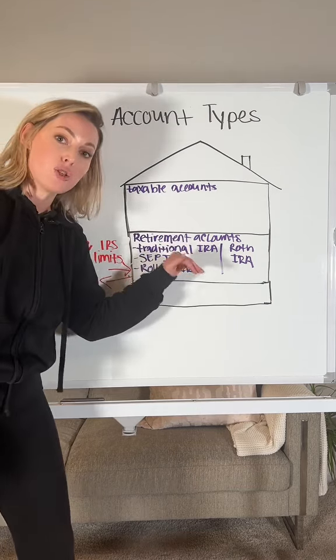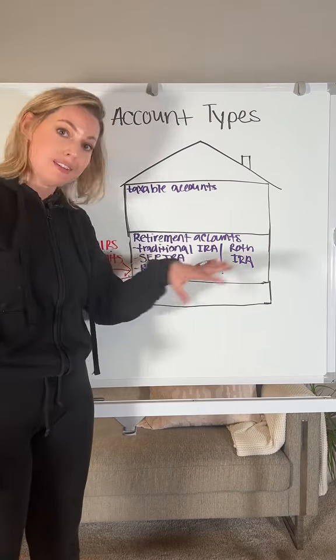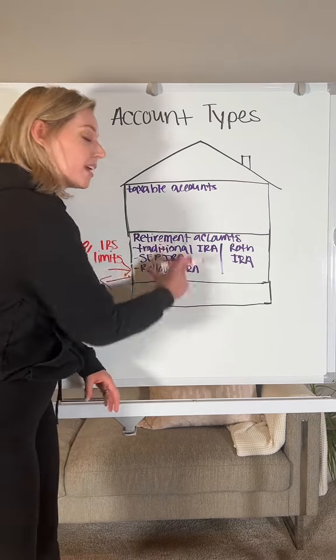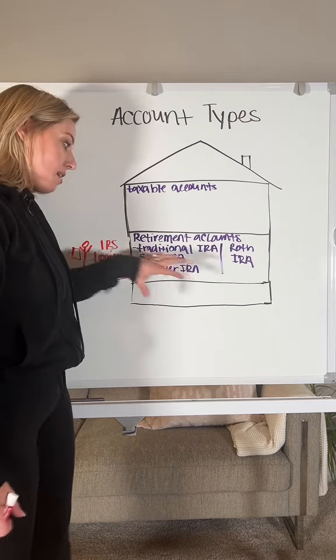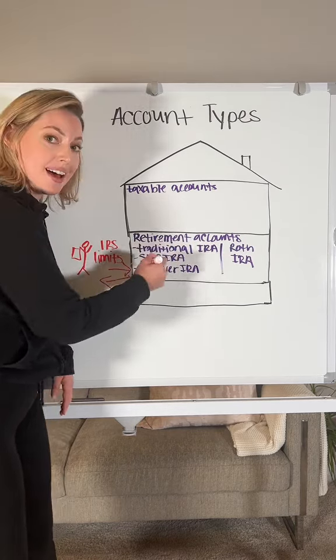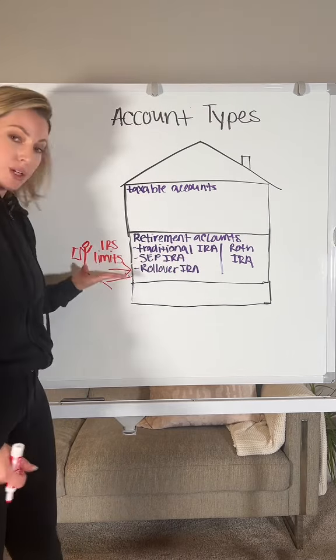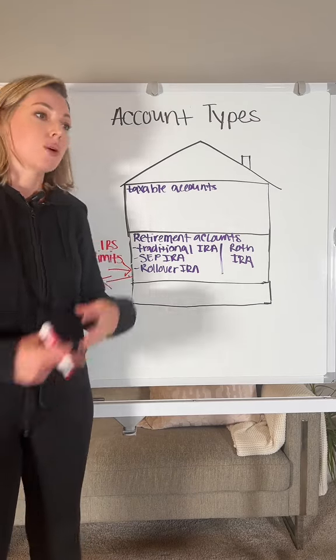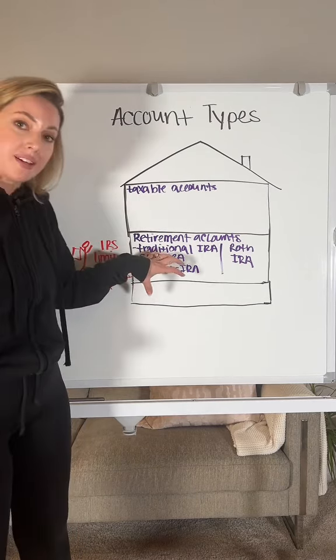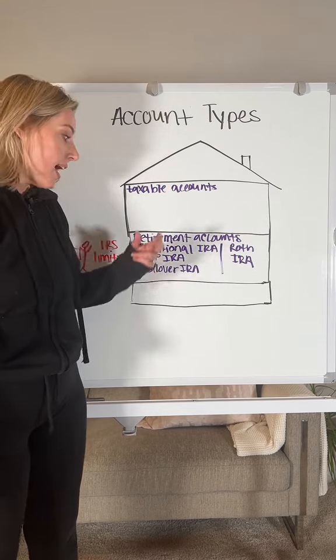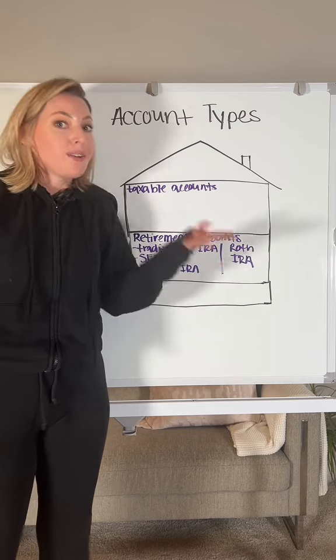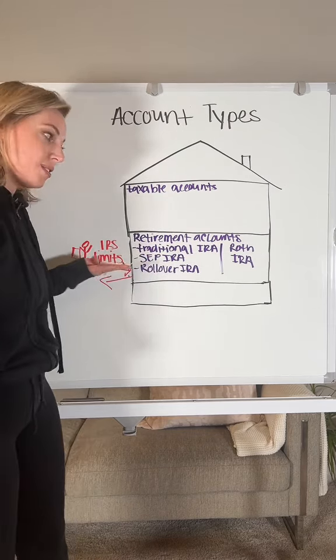It doesn't matter how much money you make or lose. That's not a taxable event because you're already in this room. However, when you withdraw from that account, you never paid taxes on contributions on this side. When you withdraw from that room, that's when you pay taxes. It's normally taxed as income, so it's designed where you contribute to this account when you're in a higher tax bracket, get those write-offs if you qualify. And then once you retire, hopefully you're in a lower tax bracket and you can make distributions on that.